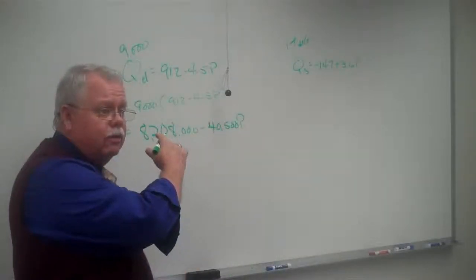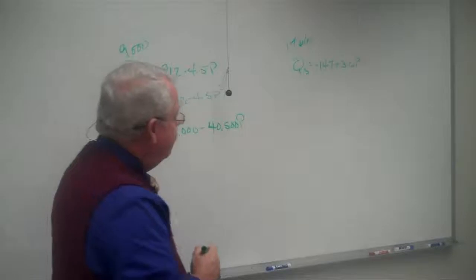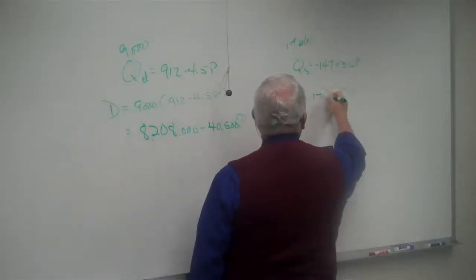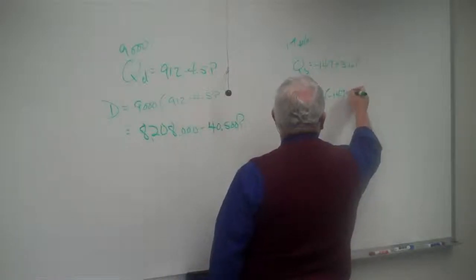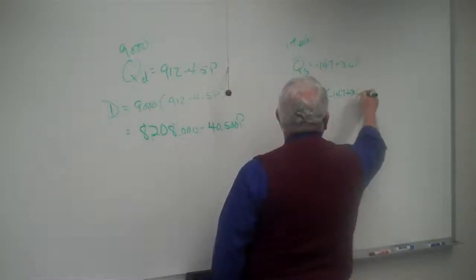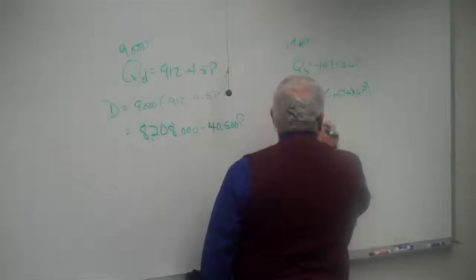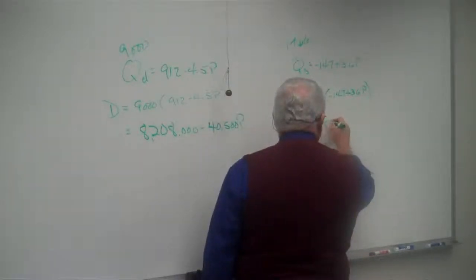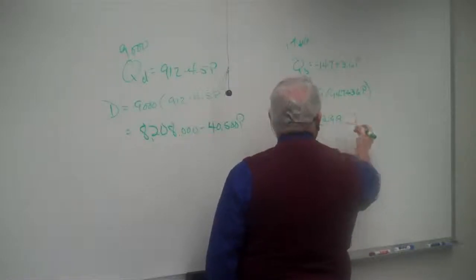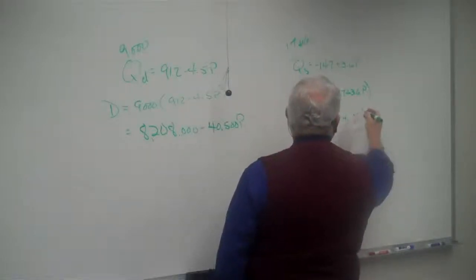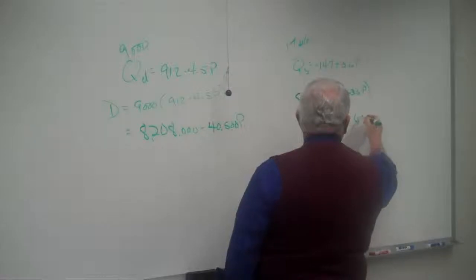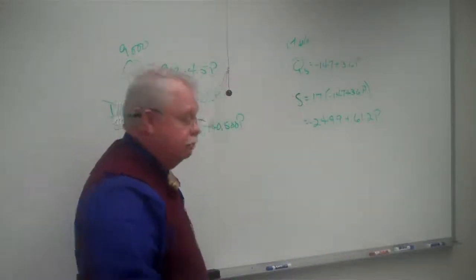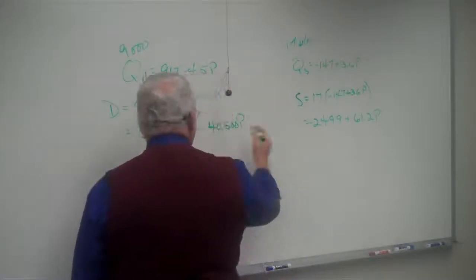Everybody okay with this? I need a little nod of the head if you check. Over here, we're going to have the supply equation for the market, which is 17 times the rest of this. 17 times 147 is negative 2,499, plus 61.2p. That's right. Everybody okay with that? And so when we set these equal to each other,